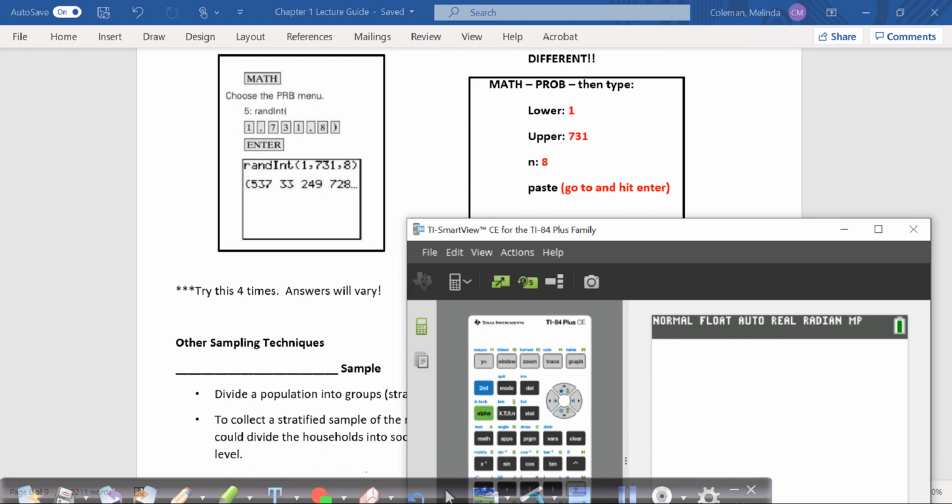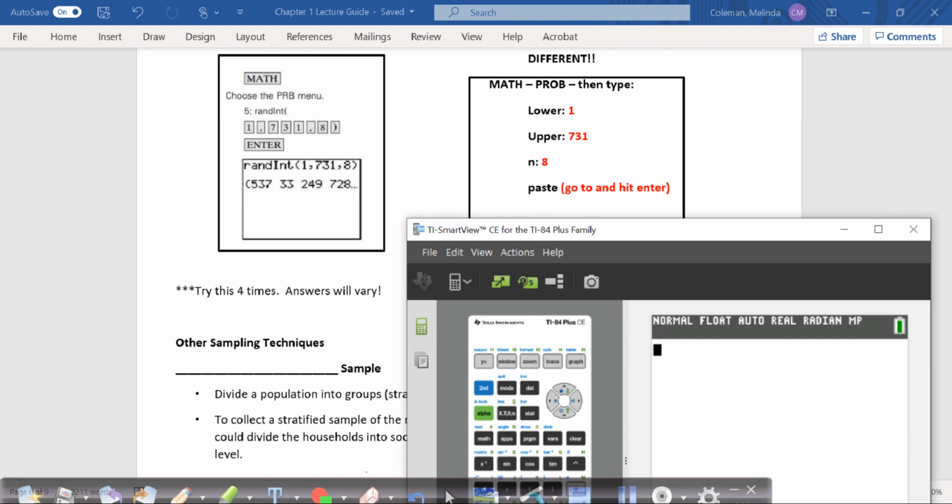You'll need to get your calculator and play with your calculator and see. If you have an 83 or an 83 Plus, again, the buttons will be very similar when you push the buttons, but you just need to practice before you get ready for a test so that you know for sure what you're looking for. So to find a sample using random numbers, we're going to select the probability menu, which